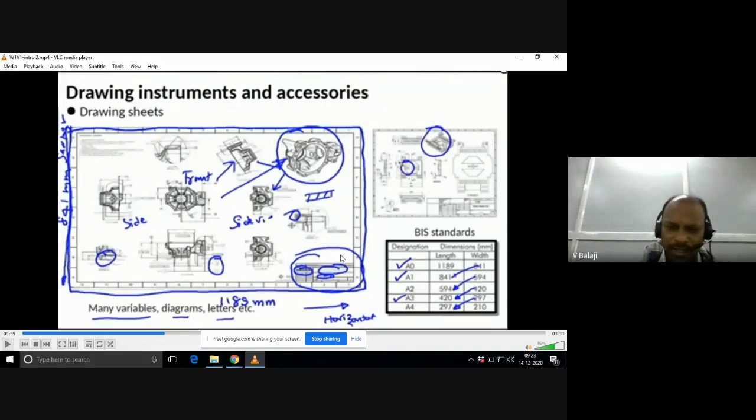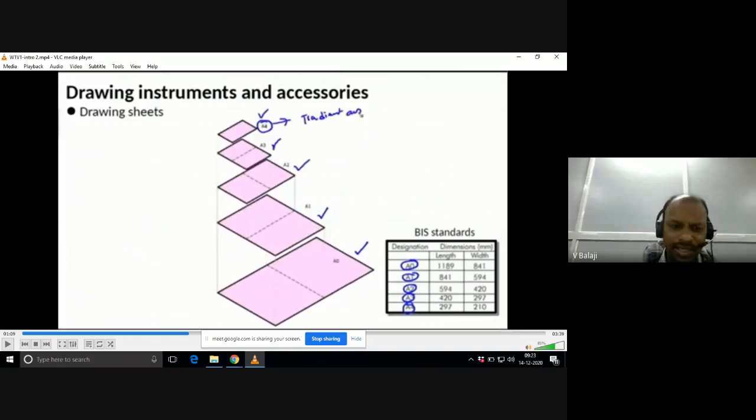Now you can see A4. It is very familiar, right? If you go to a Xerox shop, if you want to take any Xerox, they generally use A4 sheet. The size of A4 sheet is 297 by 210. That is like this. Now, I said